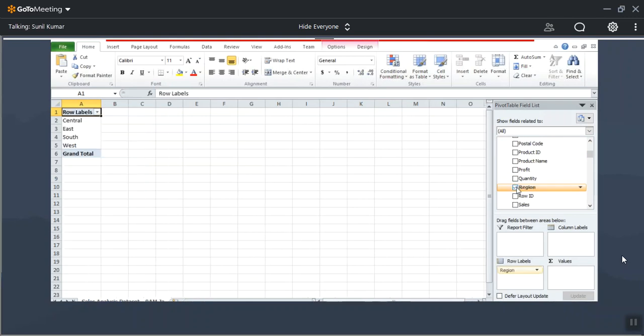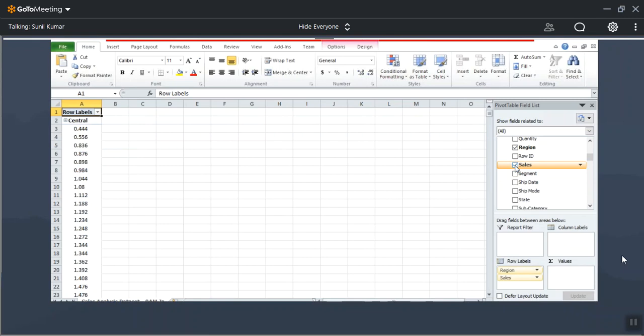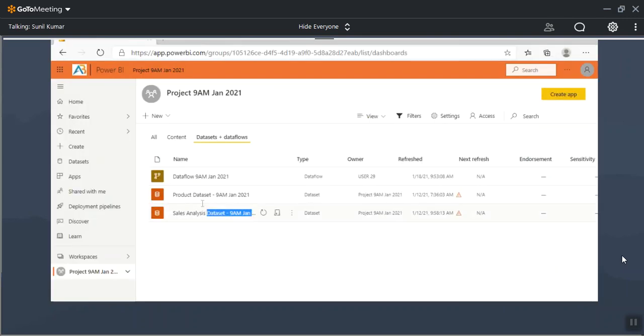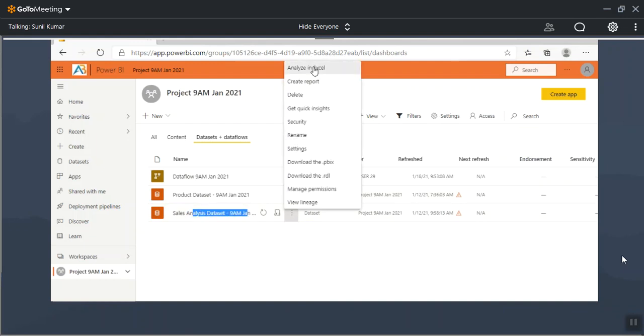You can select the columns and perform the analysis. Whenever we need to connect to the data set from Excel, we can go with the option Analyze in Excel. As a Power BI developer, we never do it.